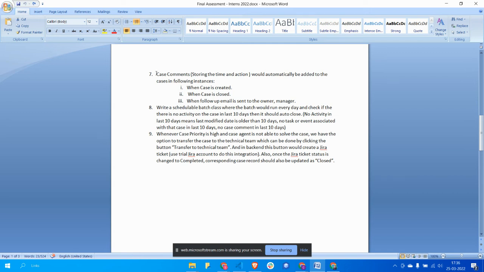Now, for the seventh question, we were required to create case comments for these three actions: when the case is created, when the case is closed, and when the follow-up mail is sent to the owner or the manager. There were a few ways to approach this question. One, we could have done it in the flows itself, there is a case comment action. I could have added that, but